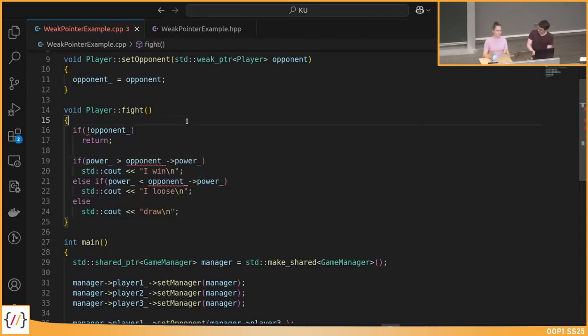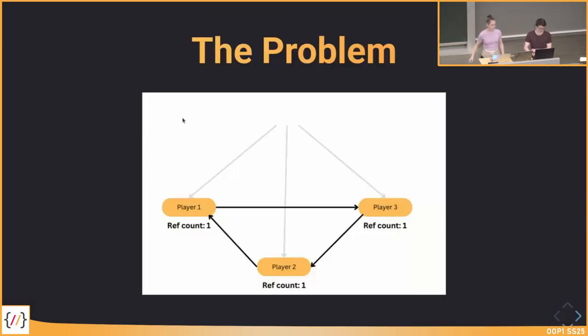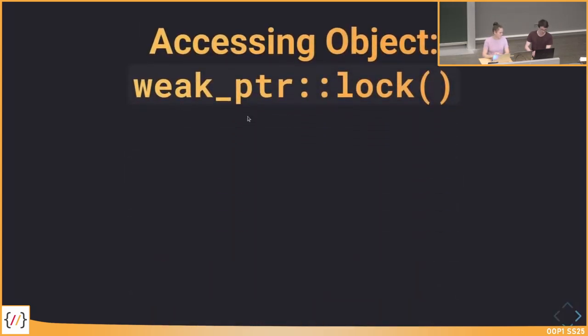Yeah, so because the pointer is weak, if we want to access the memory that this pointer references, we can't really know, did the shared pointer already delete this memory or not? Because we did not influence the reference count. The shared pointer could have already deleted the memory that was on the heap, and we still have a weak pointer to it. So there is a solution to this, as you might have guessed, which is the so-called